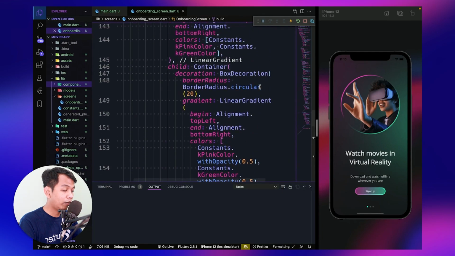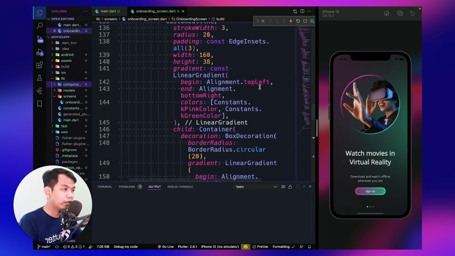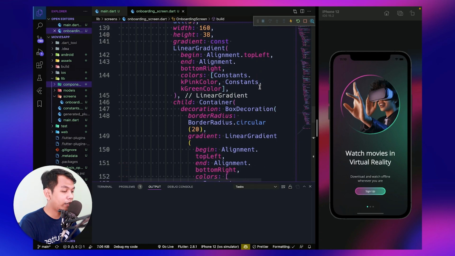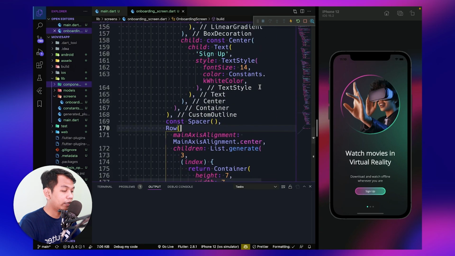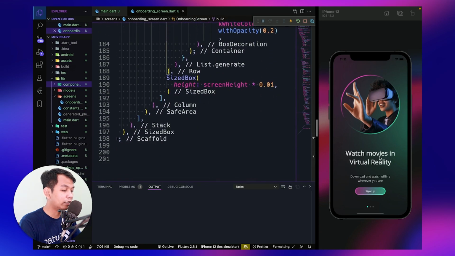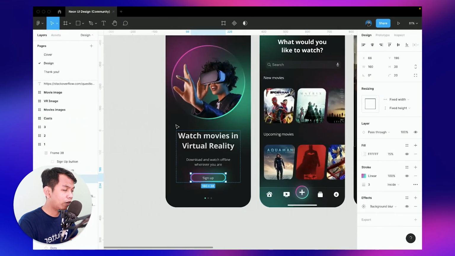to avoid overflow, we need to make our text and component inside this onboarding to be dynamic. We can use like a media query, or we can create like a breakpoint. So for now, I just create like breakpoint for this text size. Yeah, so this is for our onboarding.